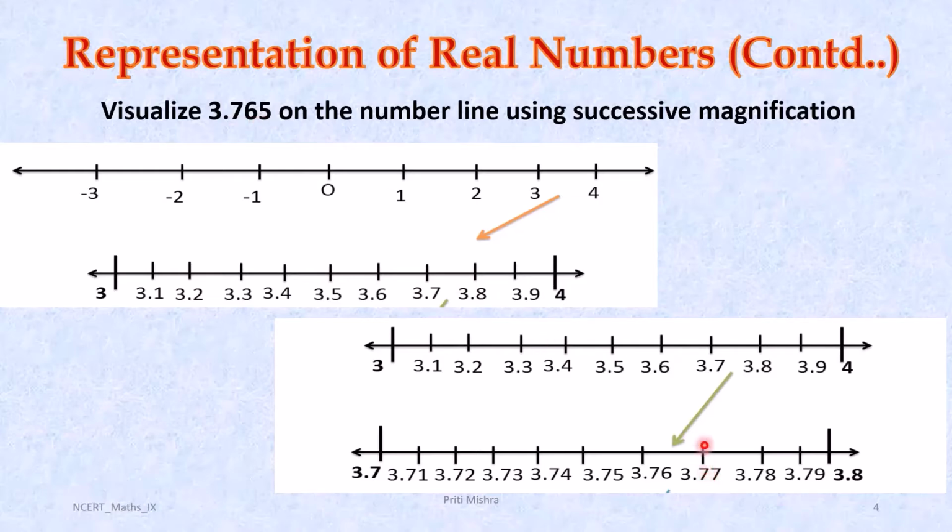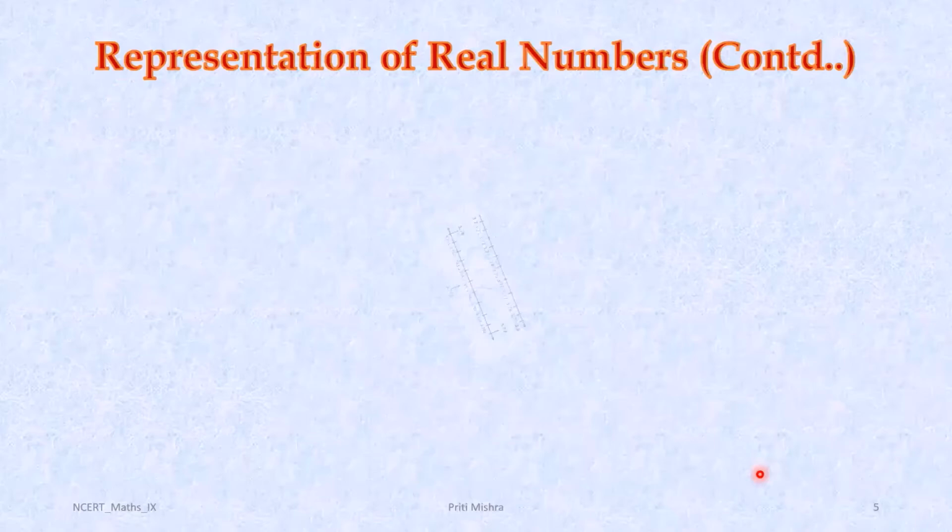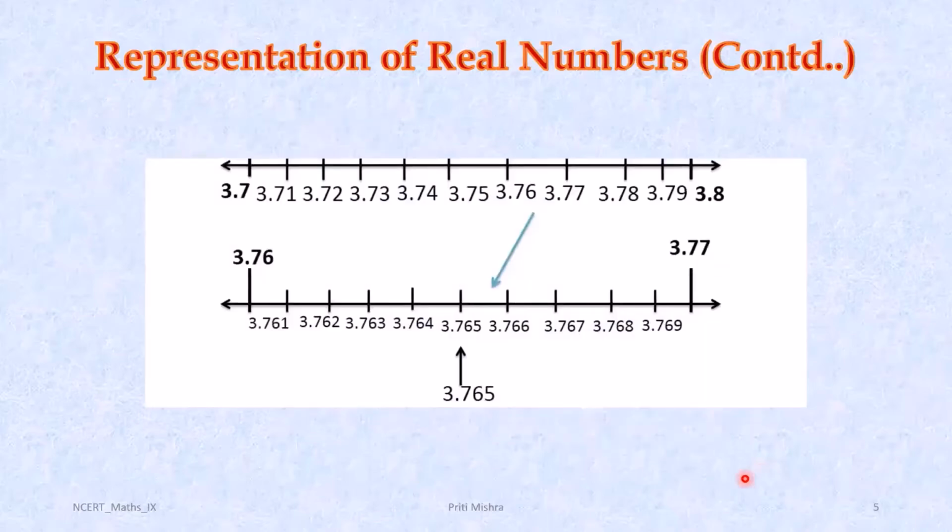We can have 3.765 in between 3.76 and 3.77. So we need to visualize this region of numbers. Let's find the magnified image of numbers in between 3.76 and